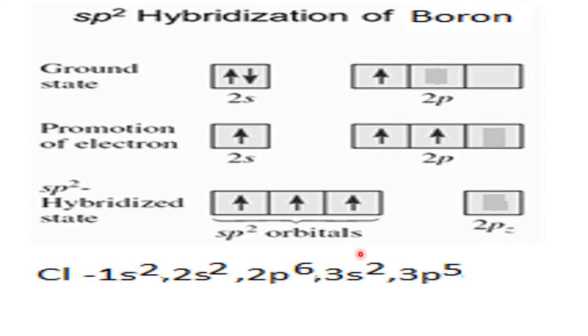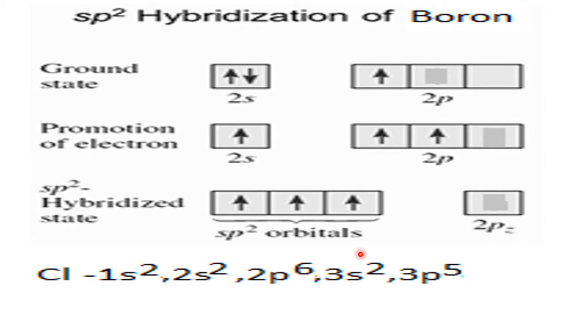In the case of beryllium chloride, beryllium underwent hybridization and chlorine made bond with the hybrid orbitals of beryllium. And today in BCl3, boron will undergo hybridization, and with the hybrid orbitals of boron, chlorine comes and makes a stable bond. So I welcome you all to understand what type of hybridization is there in boron trichloride.